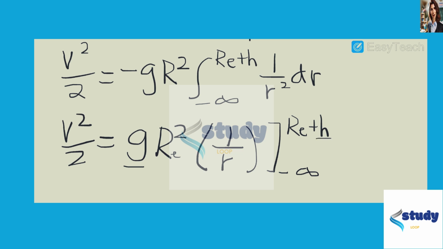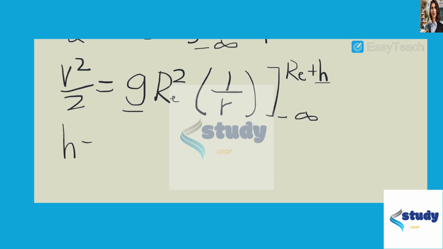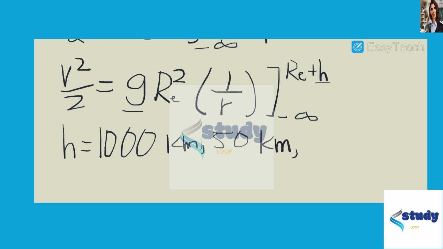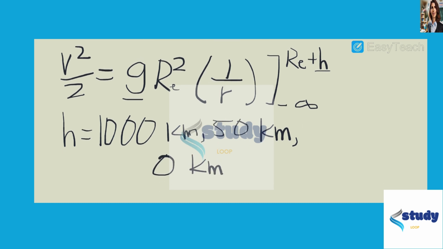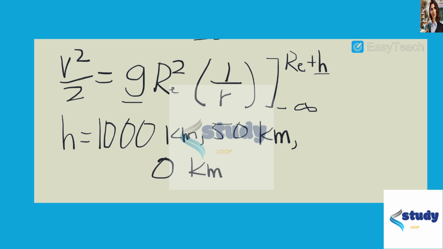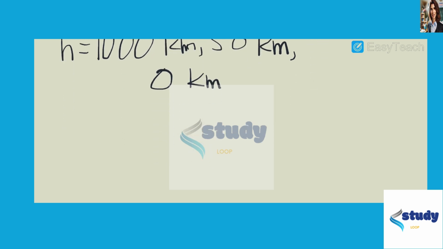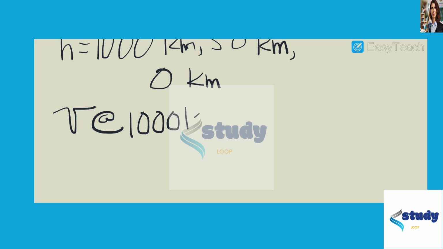Those h's that we're interested in are h equal to 1,000 kilometers, 50 kilometers, and 0 kilometers. As you can see, we have all the information that we need to go ahead and solve this equation for v. And once you plug in for h and Re, you get that the velocity at 1,000